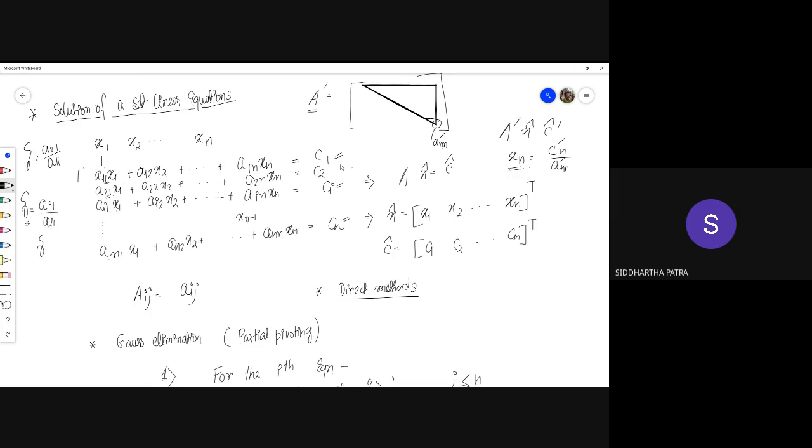Okay. স্যার লাস্টেরটা কি বললেন? গামা ইকুয়াল টু a21 বাই a11, তারপরে